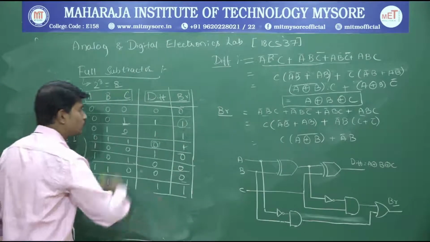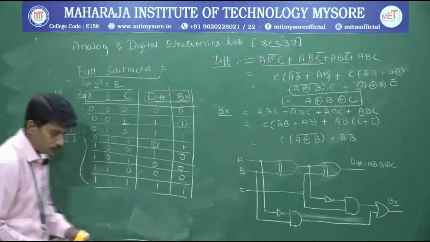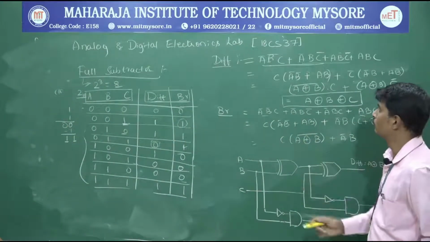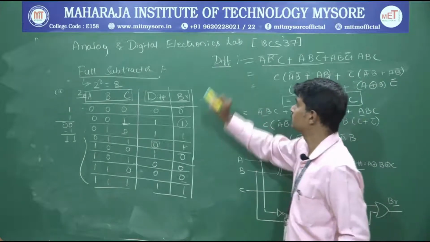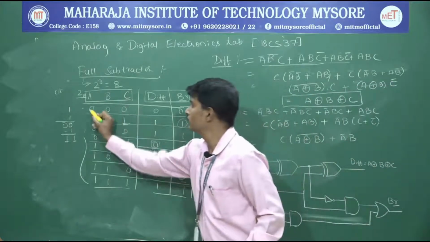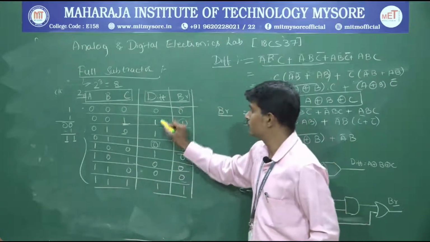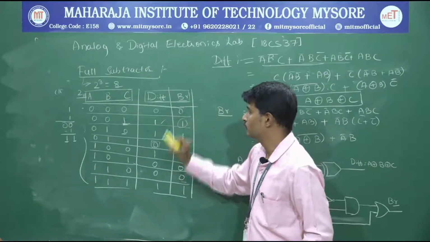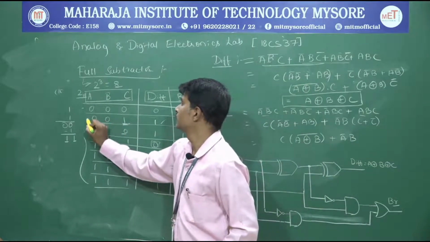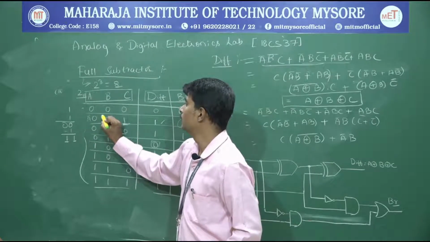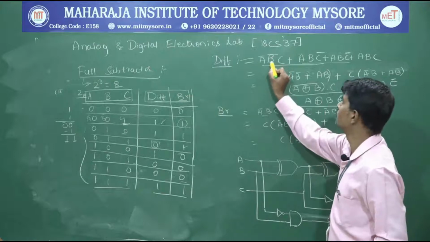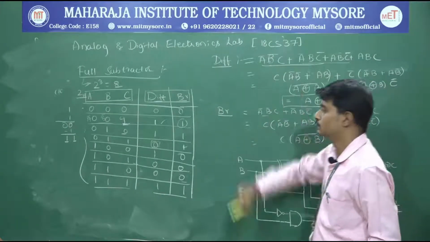Now based on this truth table, or based on the outputs that we get, we can write the logical expression by looking at the truth table. For the logical expression of difference, we consider the combinations of the inputs wherever the difference output is high. For the first high, that is for this combination, we can say that this is A bar, B bar and C. The same thing has been written over here, A bar, B bar, C.